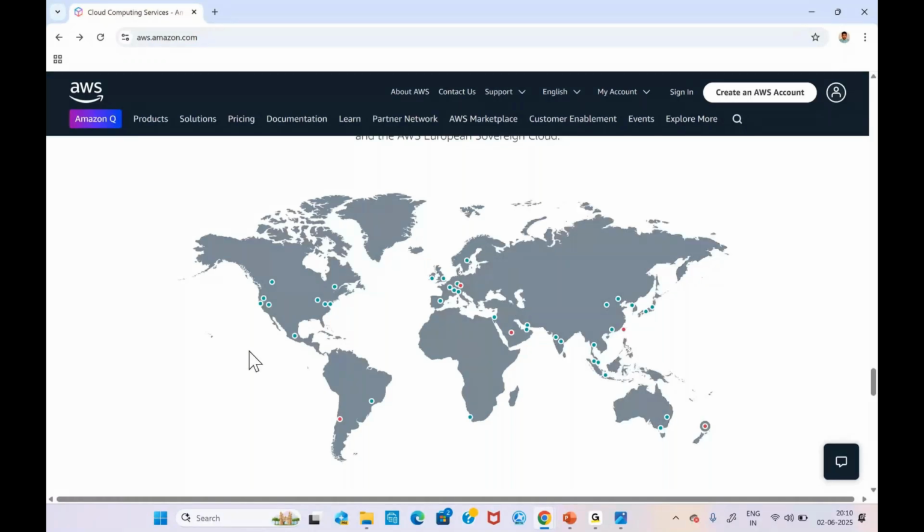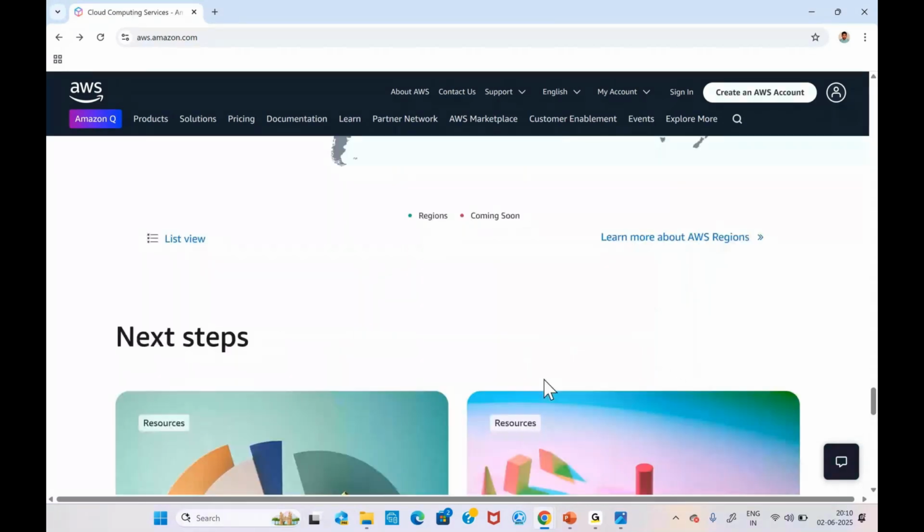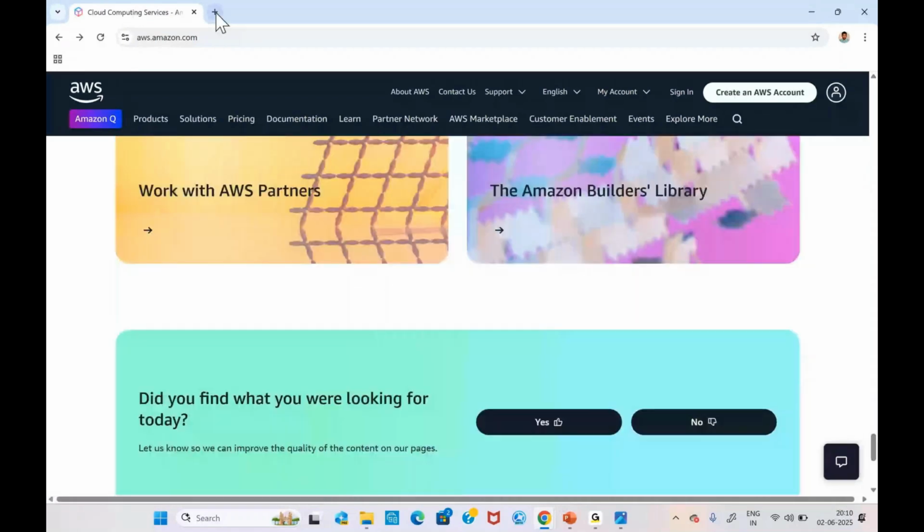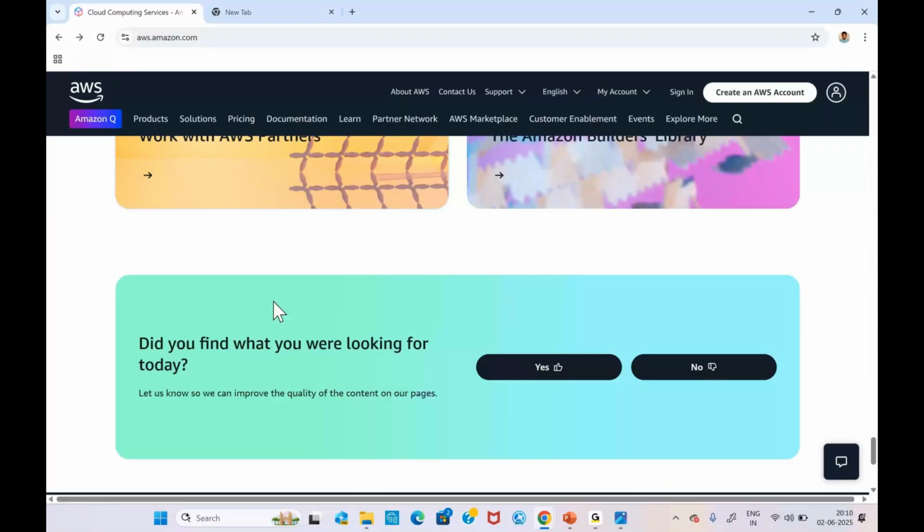So Thailand also, only in 2025 they launched the Thailand server. So Singapore is also there, Malaysia is also there. So data center, this is the place, and again all the things will be there. So if you want to study, if you want to check the documentations and all,